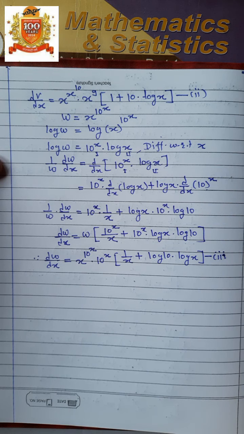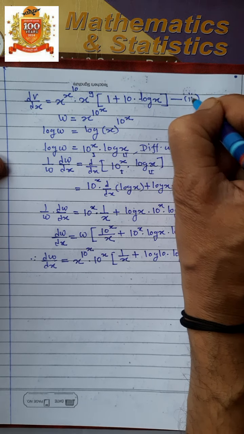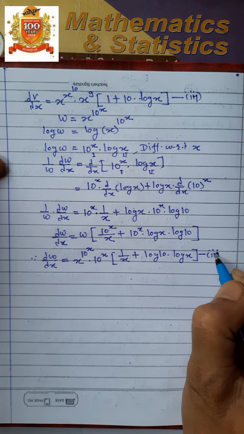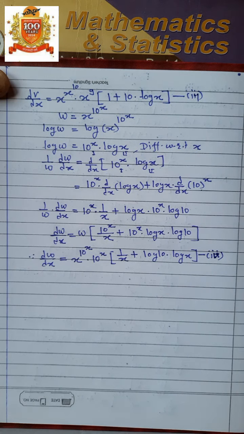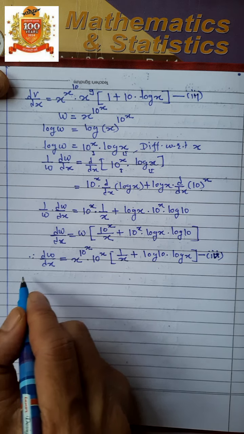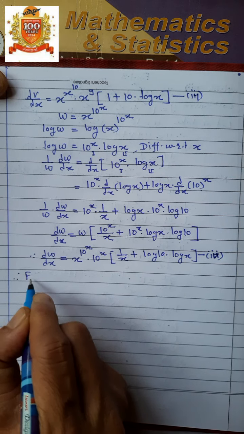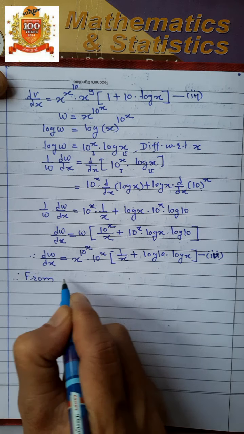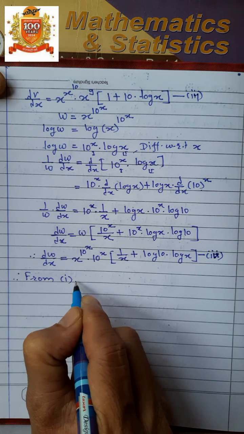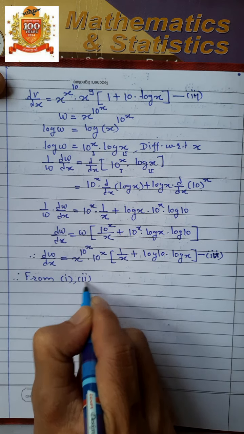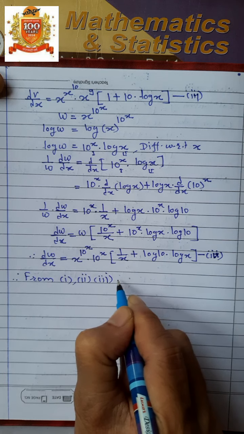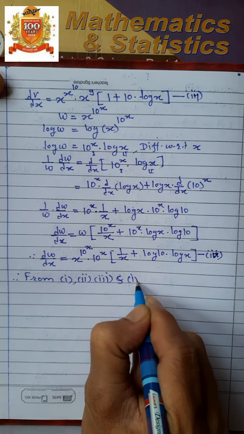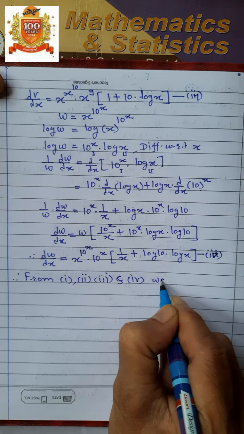Isn't it? This is third, this is fourth. Therefore from 1, 2, 3 and 4 we have